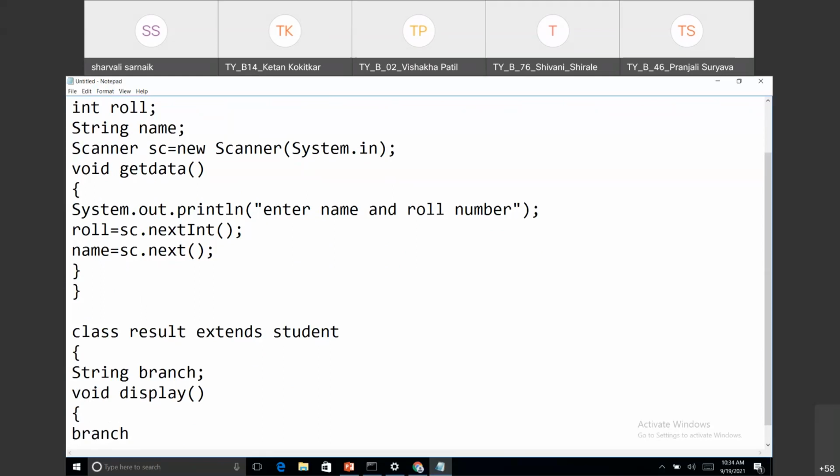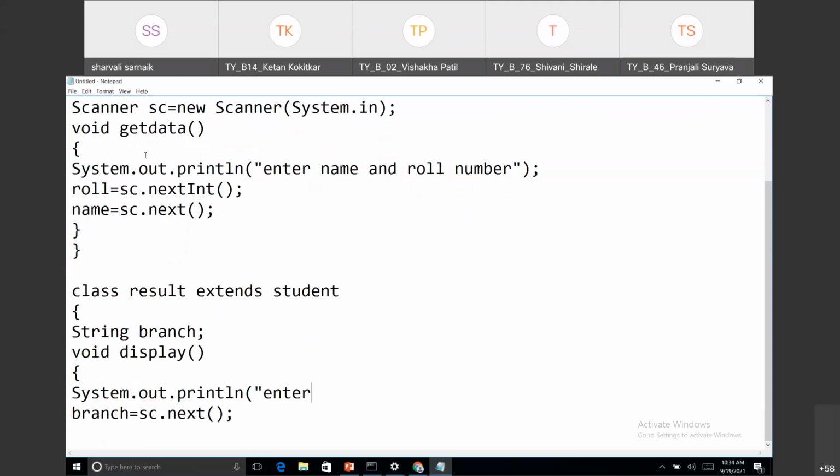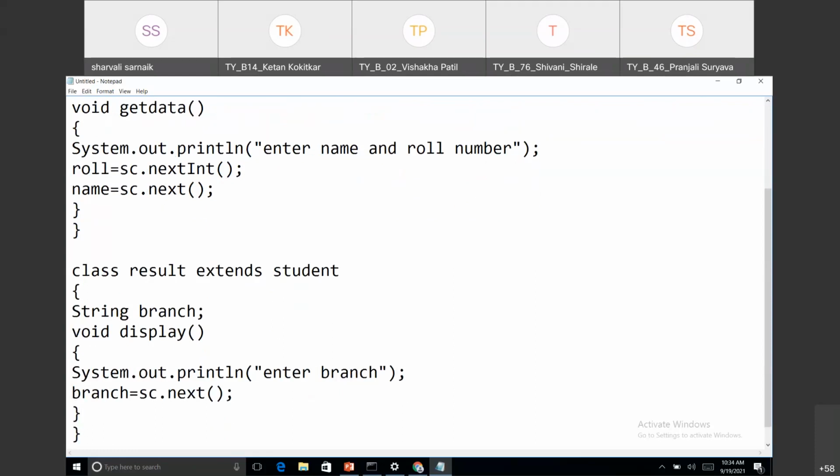So branch is equal to sc.next. See, what I did is I have just taken one display function, and in that display function I have written enter branch. Okay, so here my second class is closed.